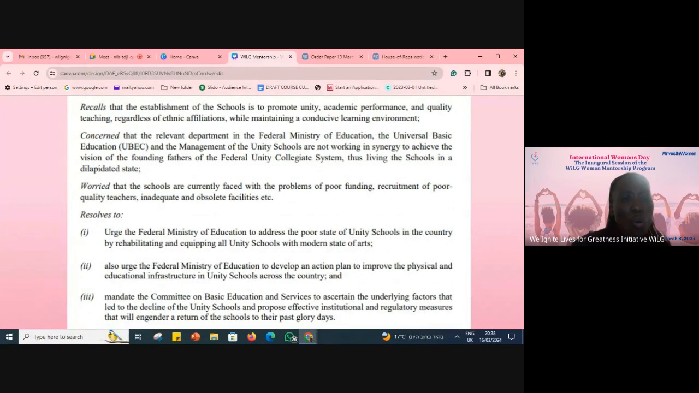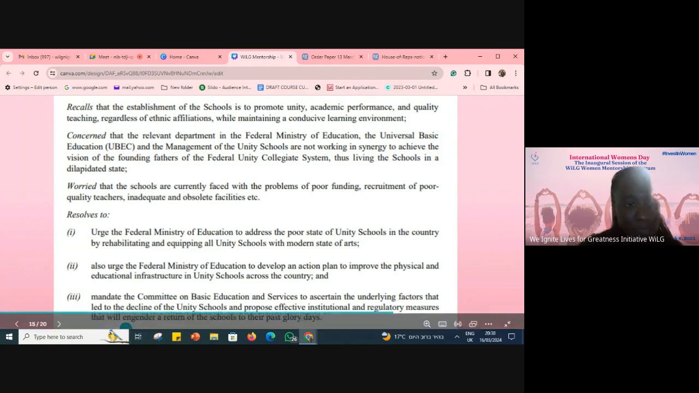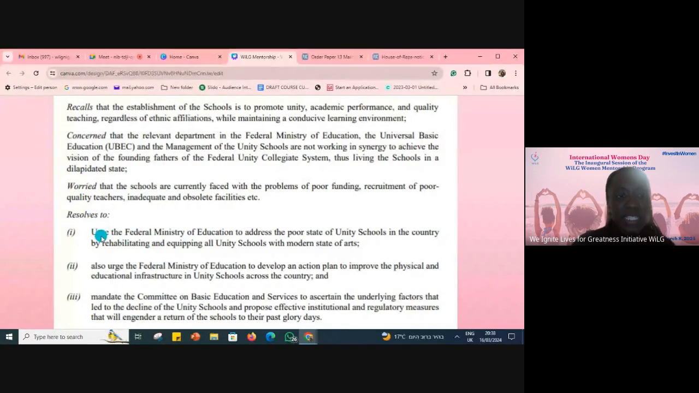Worried that schools are currently faced with the problems of poor funding, recruitment of poor quality teachers, inadequate and obsolete facilities, etc. You see at the end, there is a resolves to urge. So when you're speaking to a federal ministry, you use the word urge. You see that when they are speaking to a ministry, when they are speaking to an agency of government, they use the word